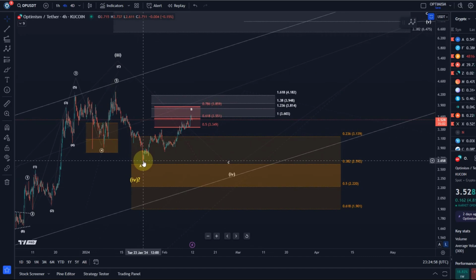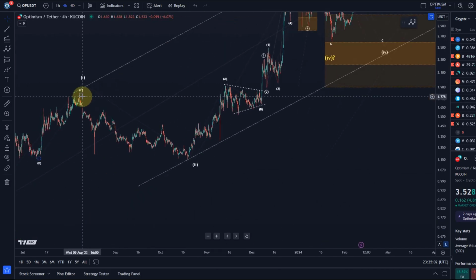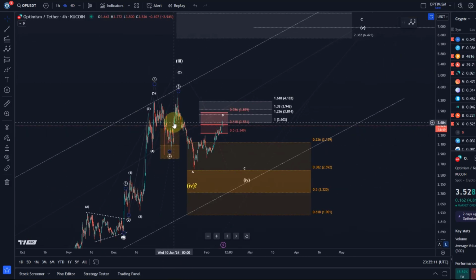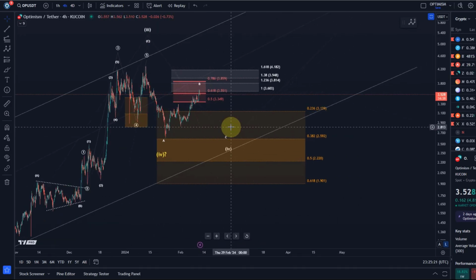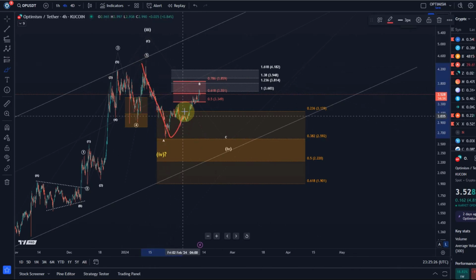Now, let's also talk about a short-term bullish and short-term bearish scenario, because while the market dipped nicely into the support zone, let's just check the wave 2. The wave 2 unfolded between August last year and October last year, so a couple of months. This correction unfolded between the 12th of January and the 23rd of January. That doesn't make much sense. So either the wave count is off and this was just a lower degree fourth wave, or we are most likely getting a larger A, B, C structure, which I would prefer.